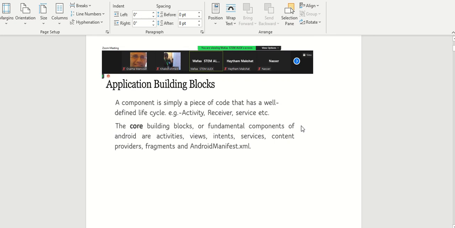Hello, in this video we speak about and discuss application building blocks in mobile applications using Android Studio. A component is simply a piece of code that has a well-defined life cycle, for example activity, receiver, service, etc. The core building blocks or fundamental components of Android are activities, views, intents, services, content providers, fragments, and the Android manifest